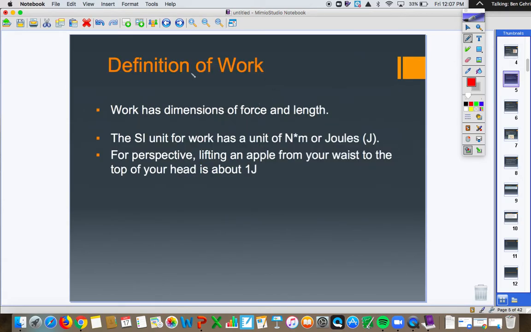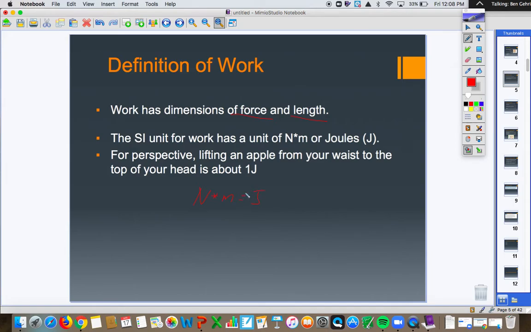A couple quick other things, I guess. Work has dimensions of both force and length. So we're talking units here. So units for force are newtons. Units for length are meters. So the SI unit for work is a newton meter, or we've simplified that, which is the same as a